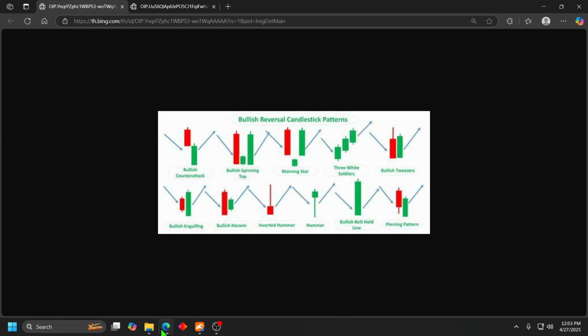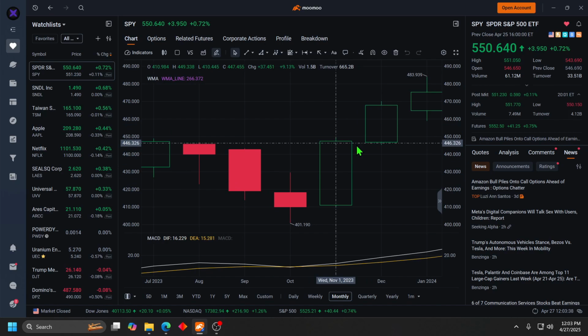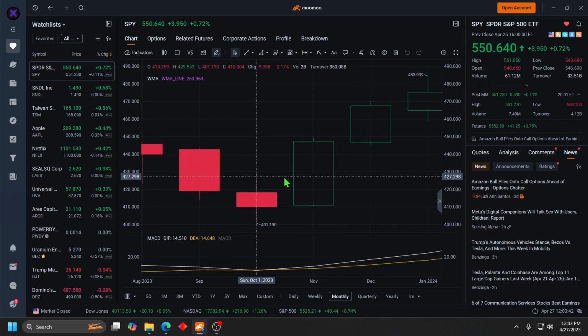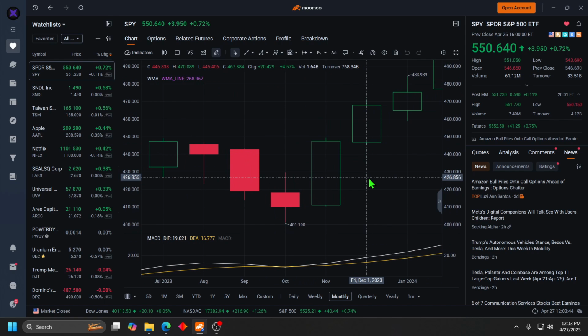So you would have looked at this and you would have been like, wait a minute, I see something here. Ooh, bullish engulfing, and you would have bought in. And guess what? The price just surged, and you would have made money. So this is more, I would call this like micro analysis, when you're really just analyzing the candles individually one